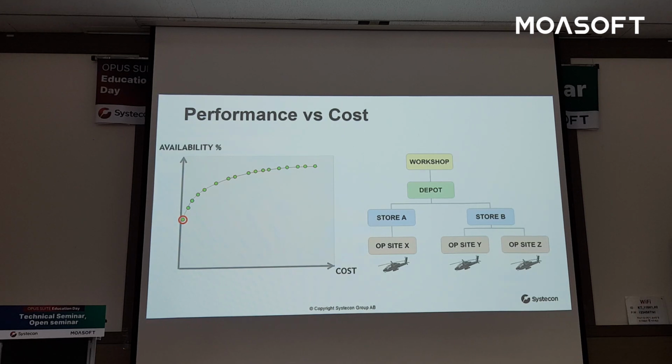Anyway, so this is what it looks like. We have our model here, an example again. And as we said, when we run an initial calculation, we start with zero stock. It means zero costs, no investment costs here. But probably we will still have some kind of availability because the items will get repaired eventually. So we will end up with some availability above zero. And then, as we start to invest in spares, we go. So maybe the first